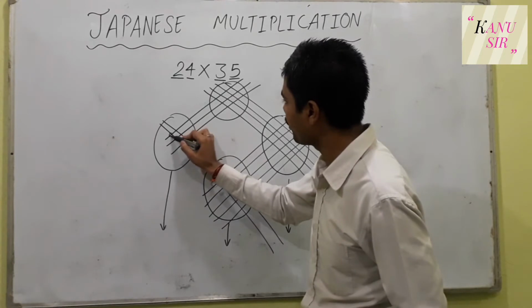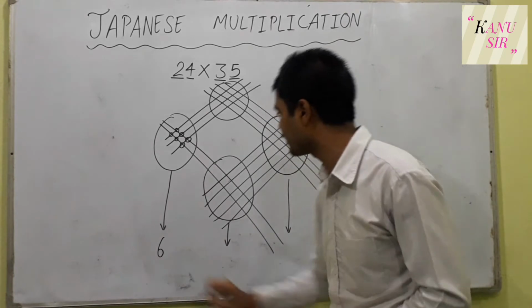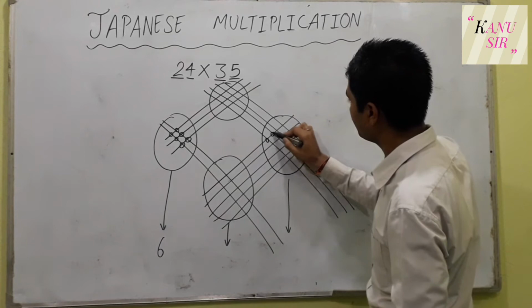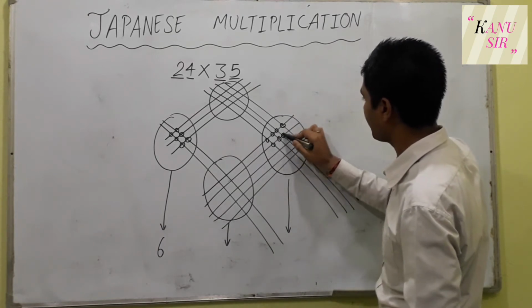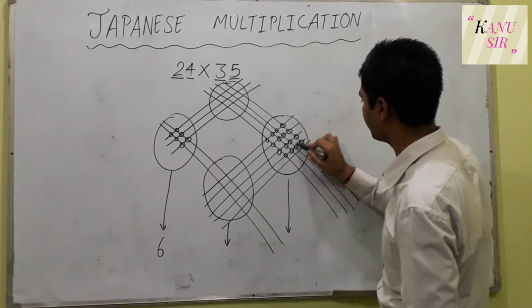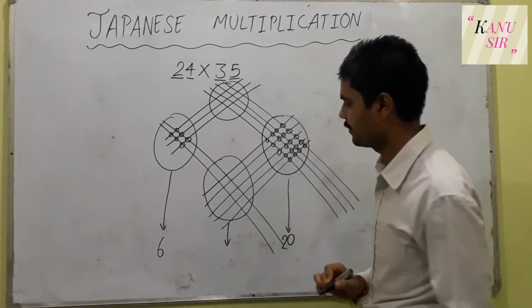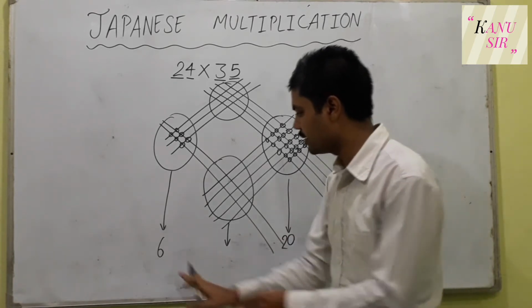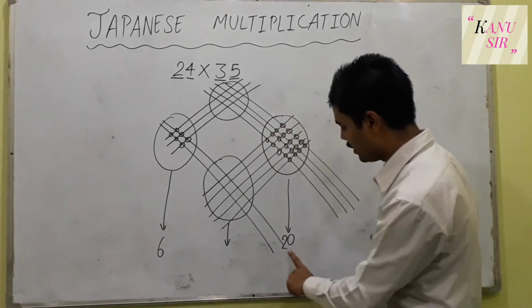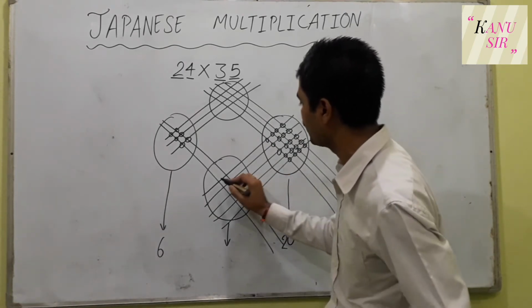Now let us count the crossing points. 1, 2, 3, 4, 5, 6. So here you will keep 6. Next, the crossing points on the right side: 1, 2, 3, up to 20. So we'll write here 20. Don't worry. Actually, there must be a 3-digit number. It can go to the 4th digit, but here you will not get a 2-digit. Don't worry, here you will get a hint why it comes to 20 there.